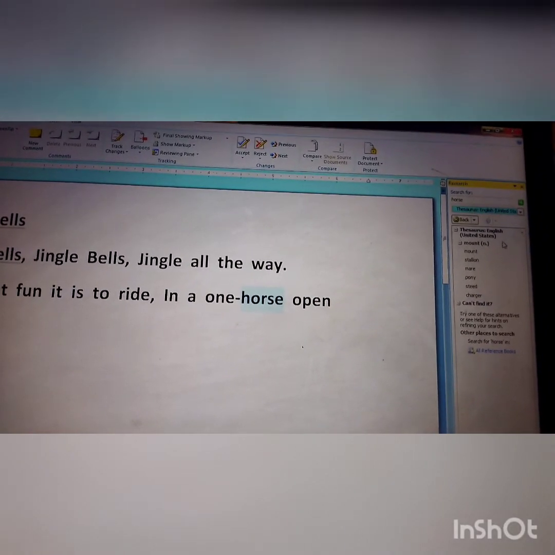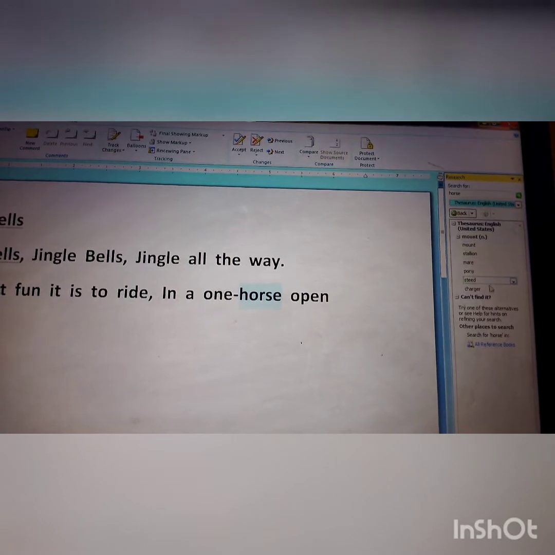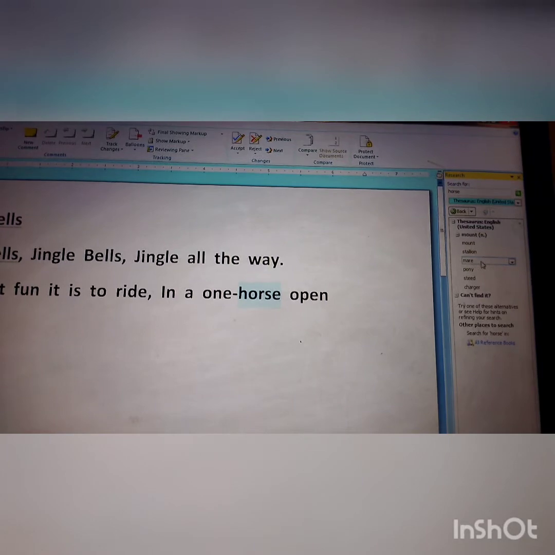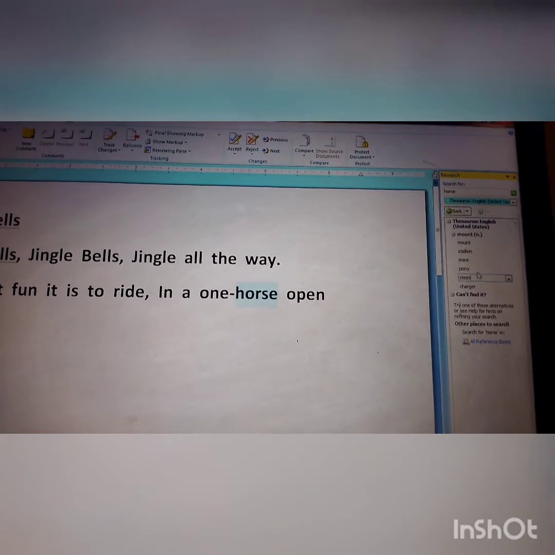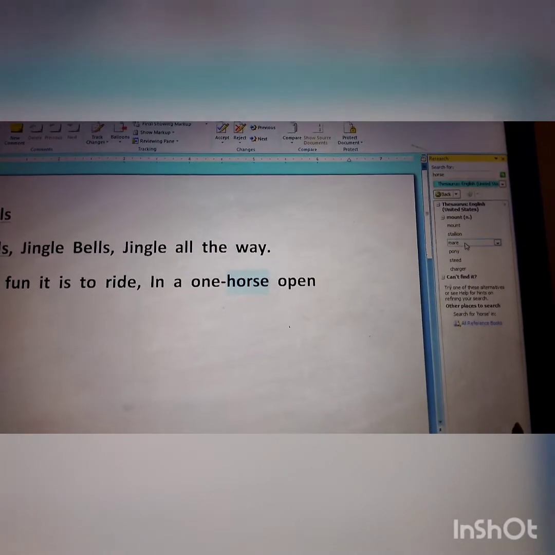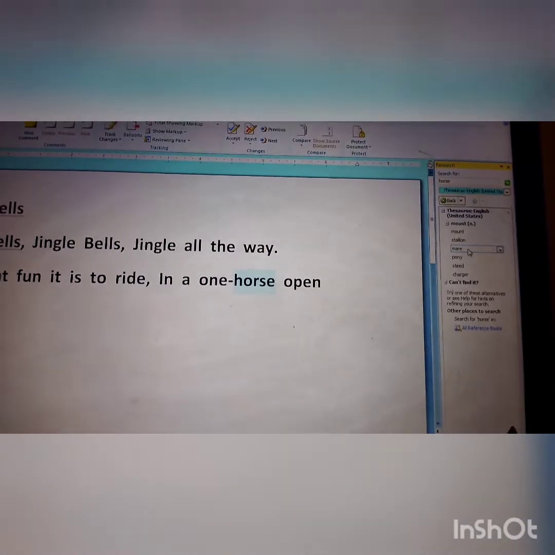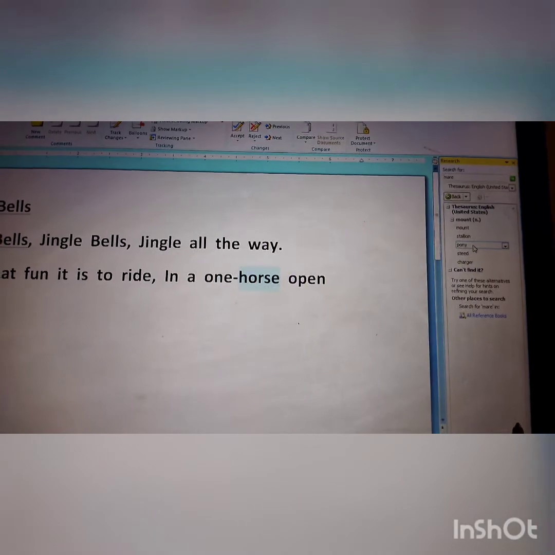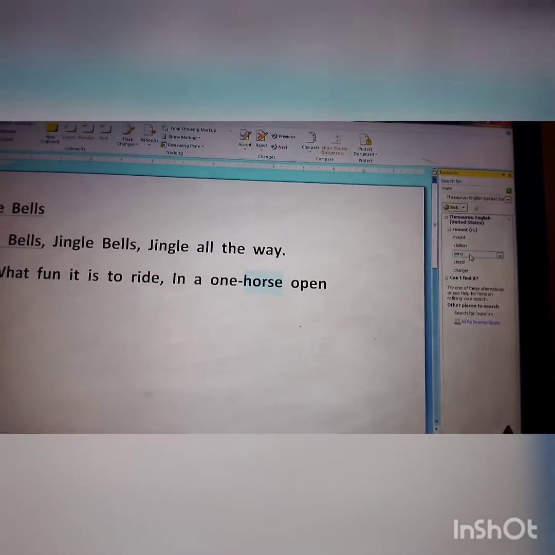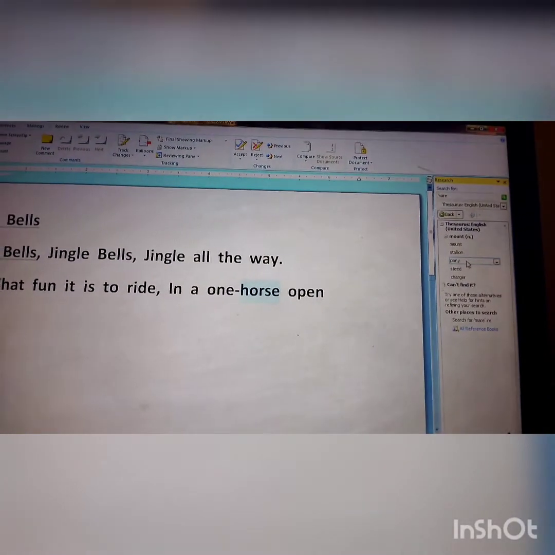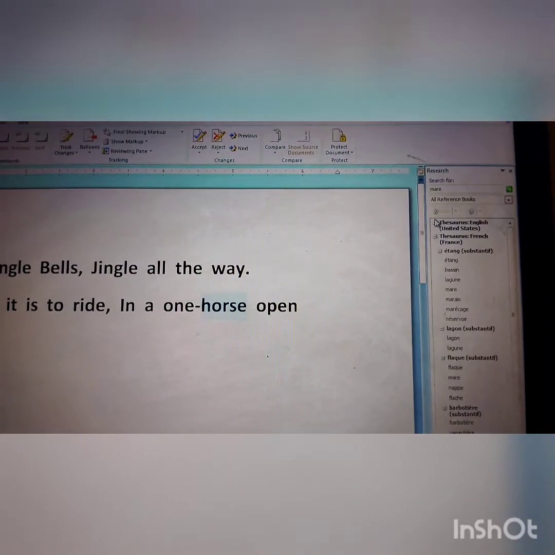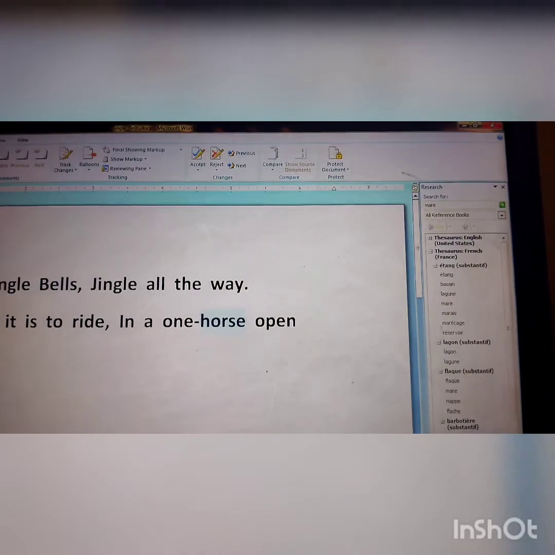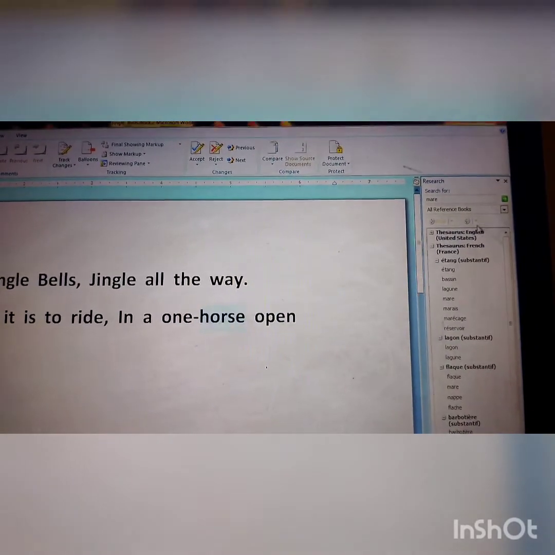Now you can see many types of synonyms here: mount, stallion, mare, pony, steed. So there are different words here in the thesaurus, meaning synonym words. Click on the word you want, and you can find answers for any word with the help of the thesaurus feature in MS Word.